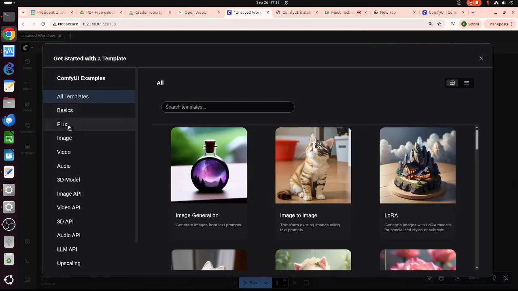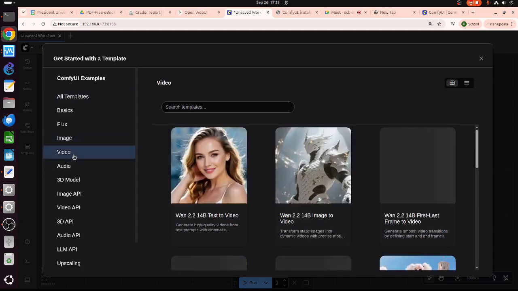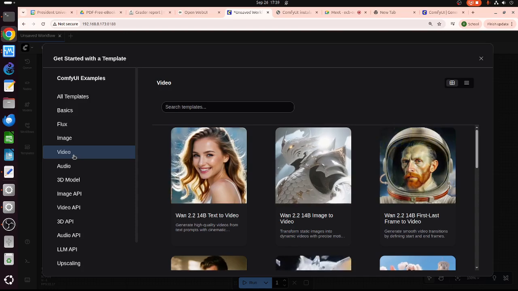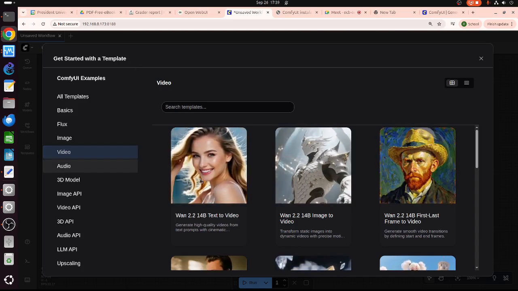Basically you have basic, Flux, image, video, audio. The basic one is the simplest one we can play around with. Flux is not recommended if you have a GPU with small RAM. Image is okay with small RAM. Video is not recommended if you don't have a big GPU with big RAM.